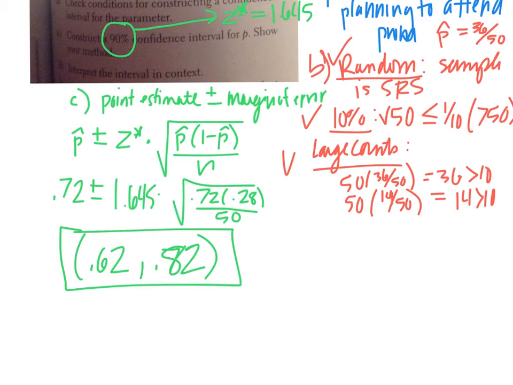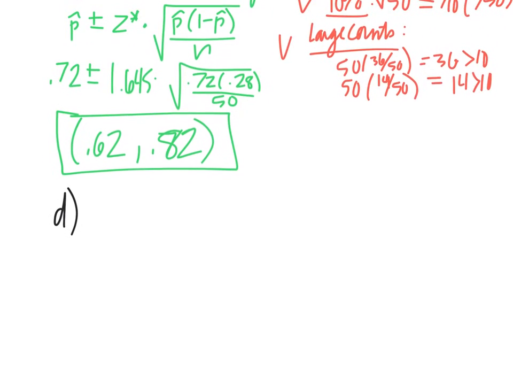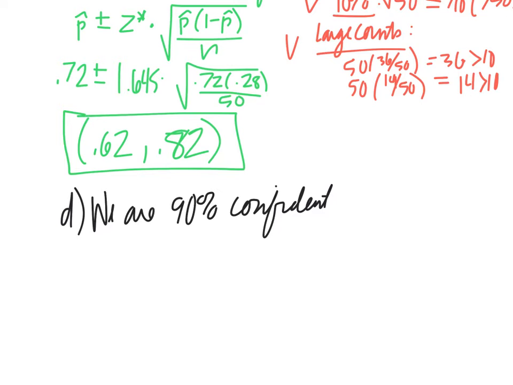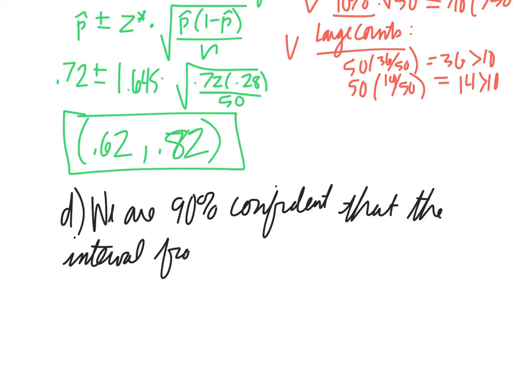Then part D says interpret the interval in context. Also very, very important, but remember all this is a script. You just need to remember the script. We are 90% confident that the interval from 0.62 to 0.82